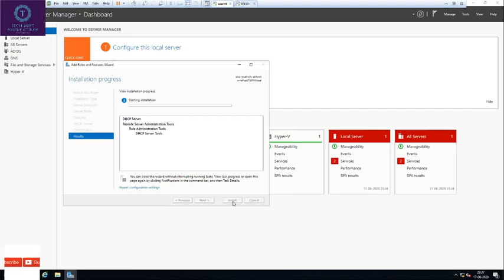Installation is in progress. Once the installation is completed, you will need to configure the DHCP server.